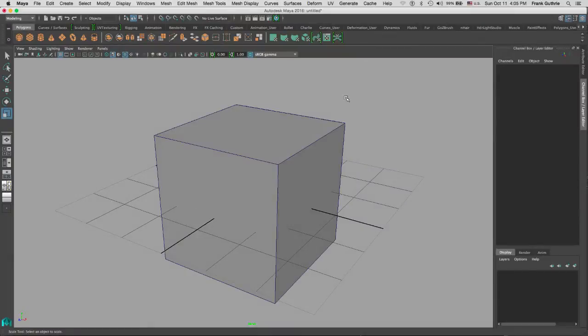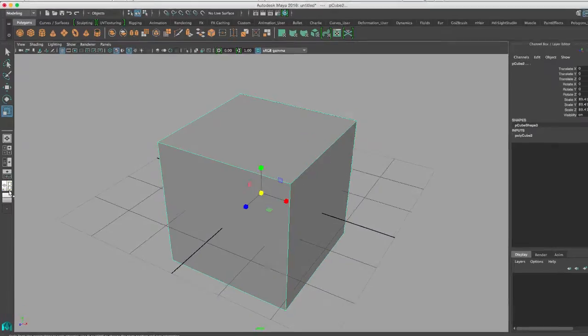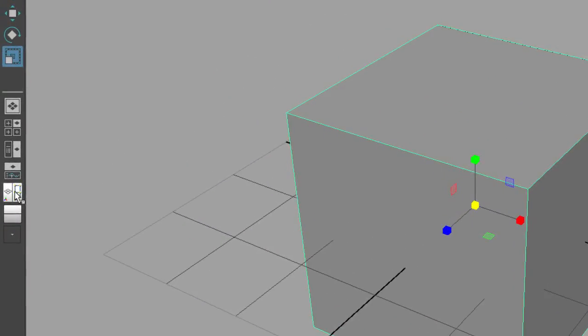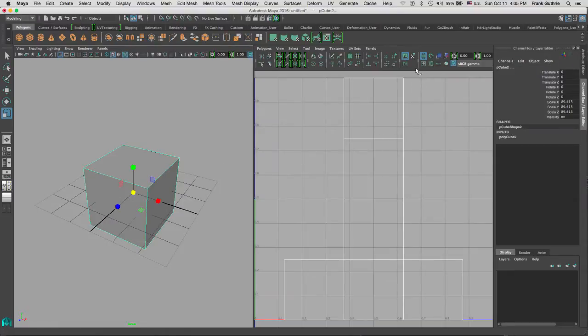Okay, so we are going to create the UVs for this cube right here. If I select the object and I go to my perspective UV editor, you can see right here that these are the UVs for our box, and we will talk about how to create UVs in the next video. We are going to create what's called a UV texture that will allow us to see if we have